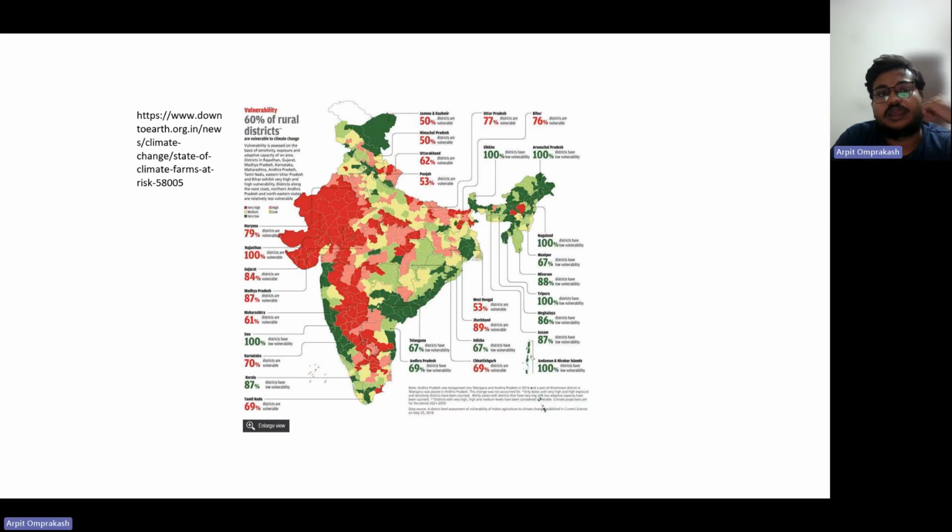But you see that even this rise in temperature is not very evenly distributed across the country, right? And now, if we look at how many districts in India are vulnerable to climate change, and can be very negatively affected by it, we see that there's also a very distinct pattern, where we see all these red areas which are very vulnerable versus all these green areas in other parts of the country where it is less vulnerable. Right.